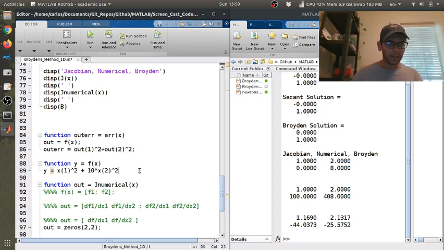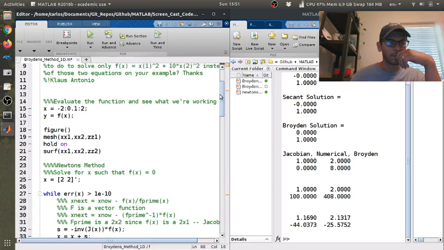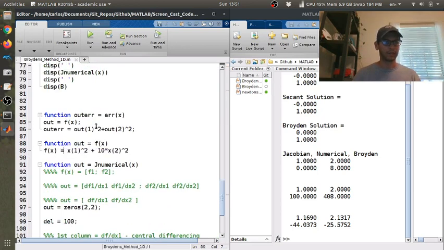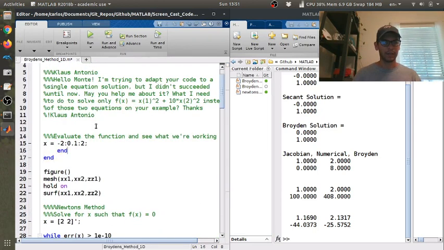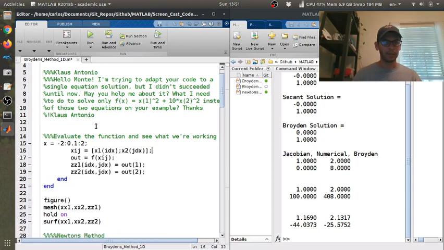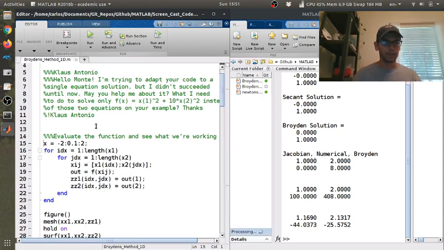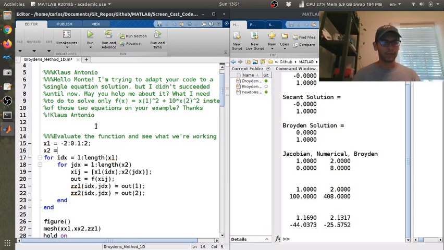Oh, okay, I see what's happening here. x is still a multi-dimensional variable. Shoot, I kind of need to start over. Oh, I guess I didn't catch that. So x is still a 2D variable, but instead of doing z1 and z2, we're just doing z1. Okay, so this is x1, x2,